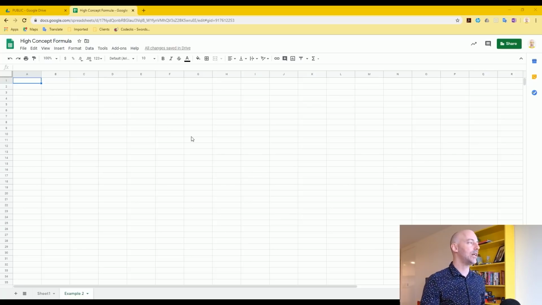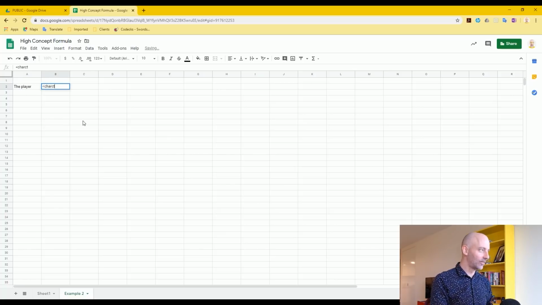So we've got a spreadsheet here, and for the first step in what we're trying to do, this is probably one of the best ways of starting, using a high concept formula. Again, this is about making sure you're asking yourself the right questions more than anything else, but it's really super simple. You have the player, which isn't the player as a character,